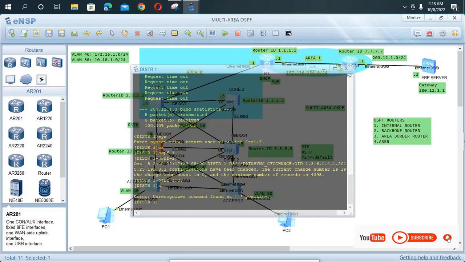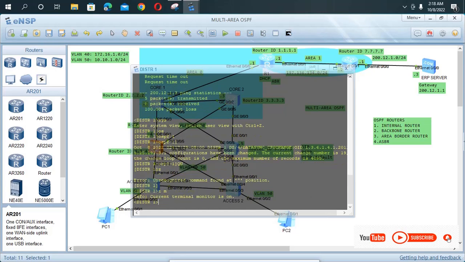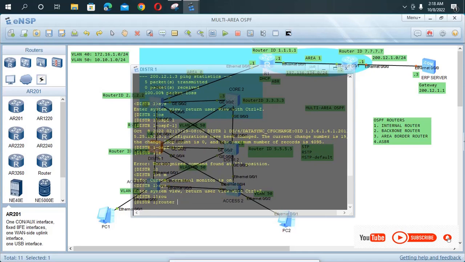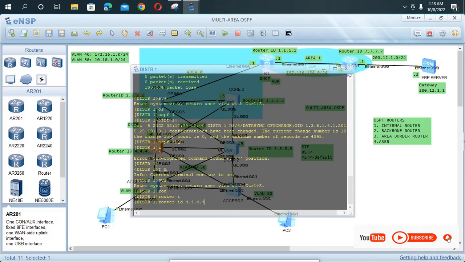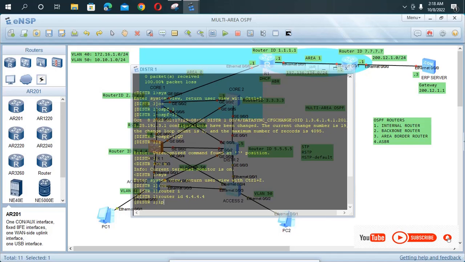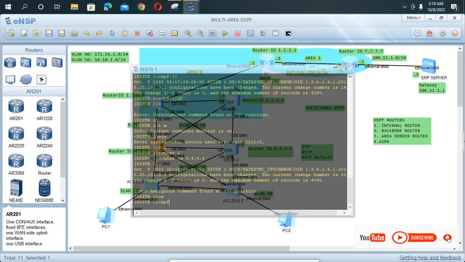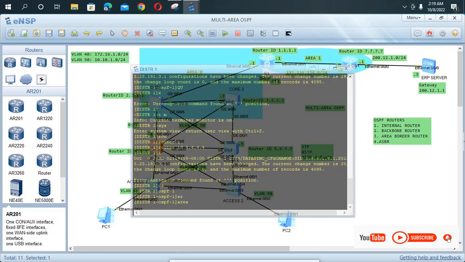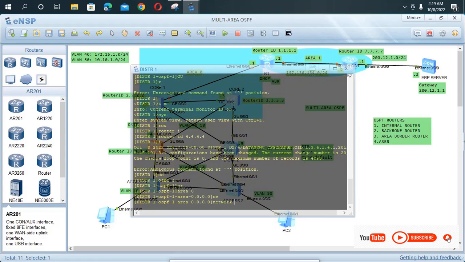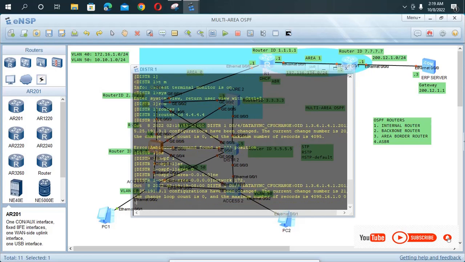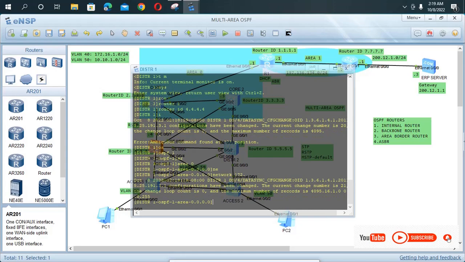So router ID 4.4.4.4, OSPF process 1, area 0, with the network of 172.16.1.0, 0.0.0.255, then another network of